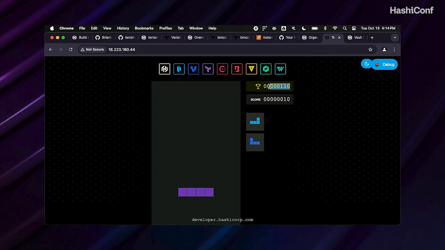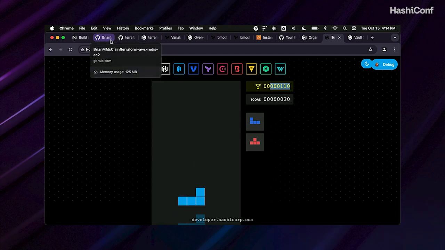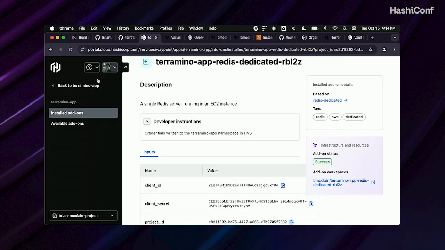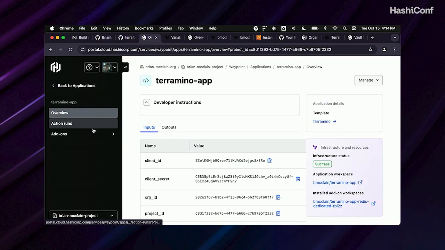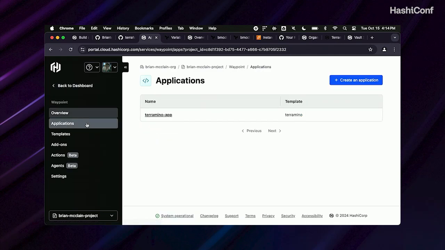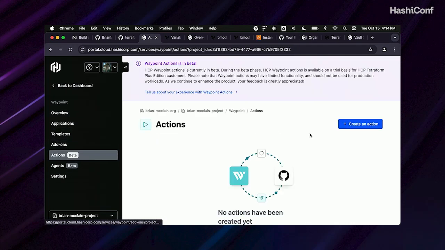Cool. So we got one more thing to show off on the demo, and that is the action part of things. So we've shown off that golden pattern. What does this type of application look like? For the action, we want to create an action that will set the high score manually. We want the developers to be able to manage that. So I'm going to go back into Waypoint, go to the overview page, and go to my actions, and we'll